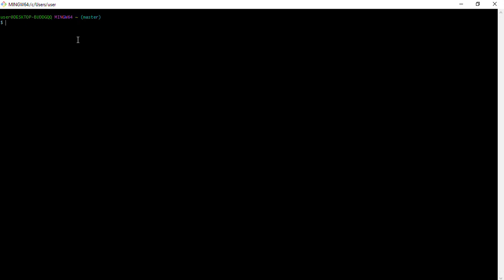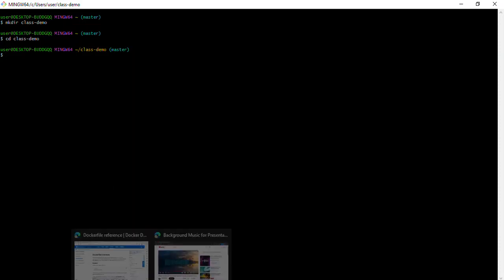So the first thing I want to do here is to create a directory for what I want to demonstrate. Using mkdir, I would like to create a folder and call it class demo. Press enter and I will go into this directory. Great. So in this directory, the first thing is to identify the base image we're going to use for this Docker